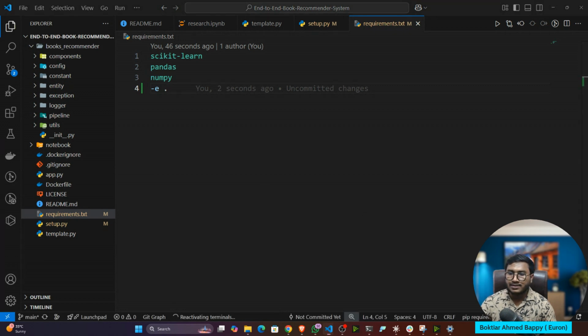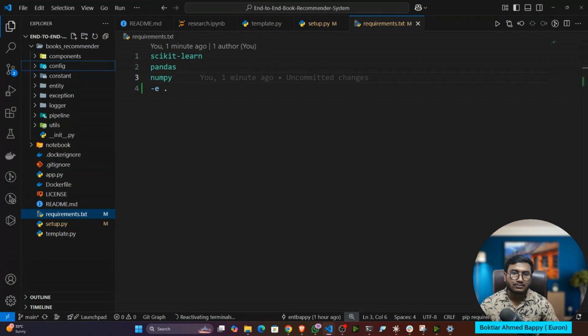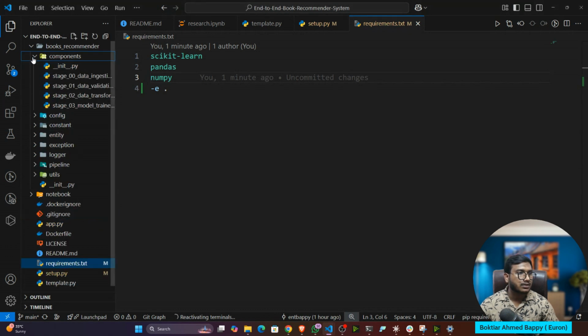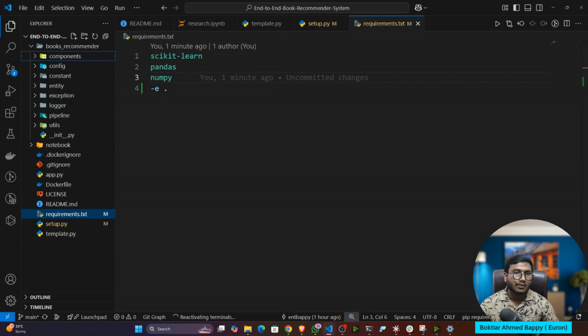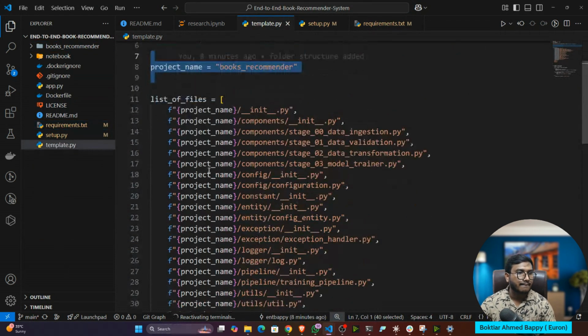And apart from that, I also need some more packages. I need PyYAML because we have the YAML file here, the config. There I have to create another folder in the template.py.